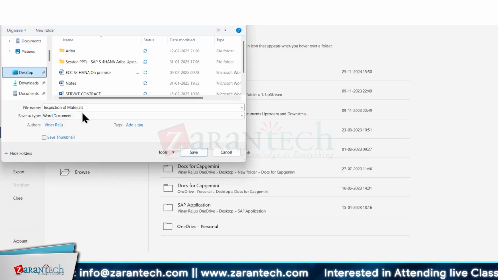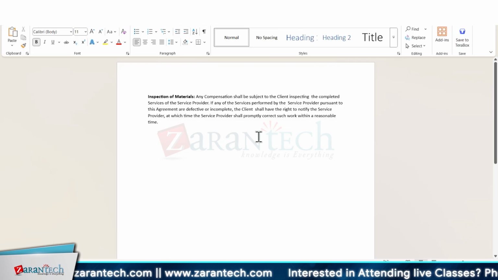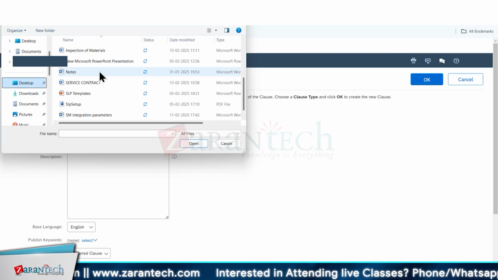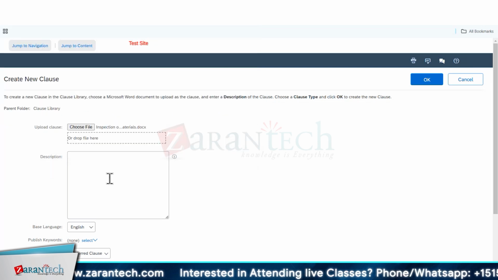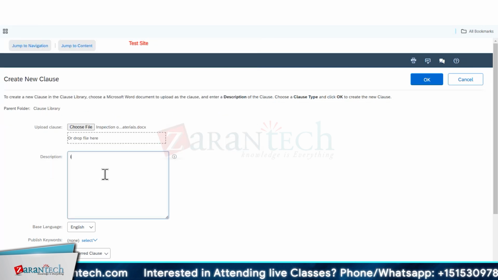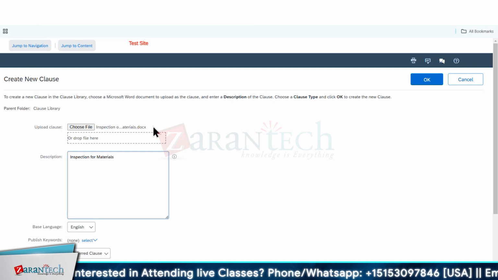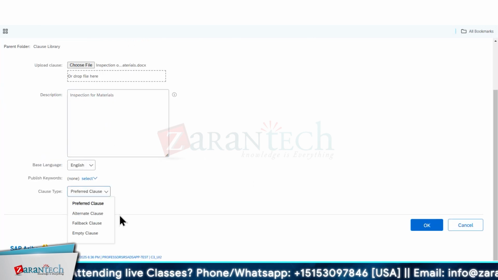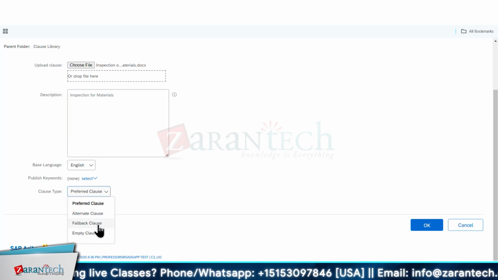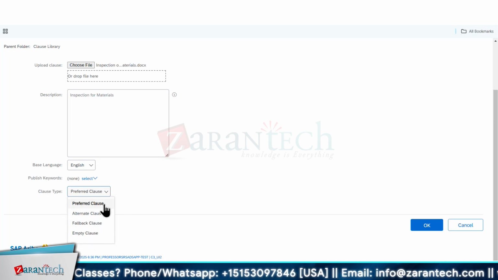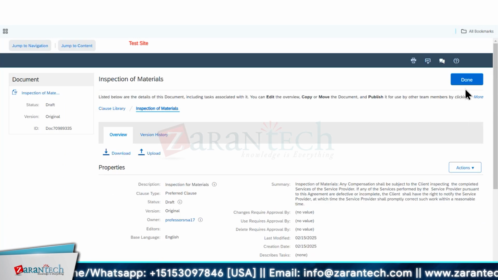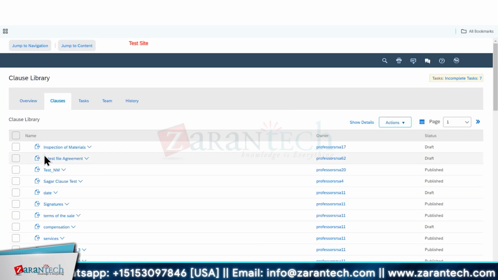Okay, I am keeping this inspection for materials clause, and I come here, choose the file, inspection for materials. If you want to give some name for this, you can give inspection for materials. So you have to say what kind of clause it is, preferred clause or alternative clause, just a normal clause or fallback clause or alternate clause. I will say it has a preferred clause and click on OK and click on done. It is showing like this summary. So inspection of